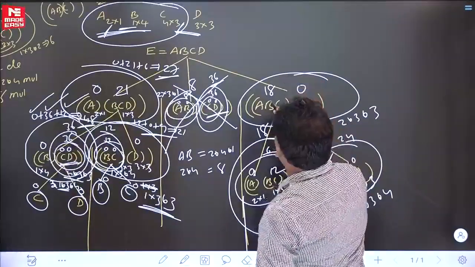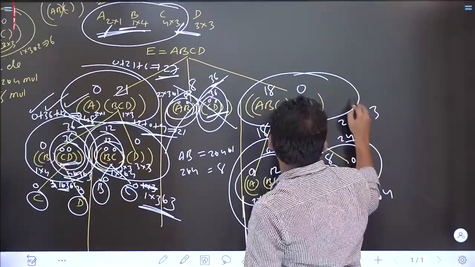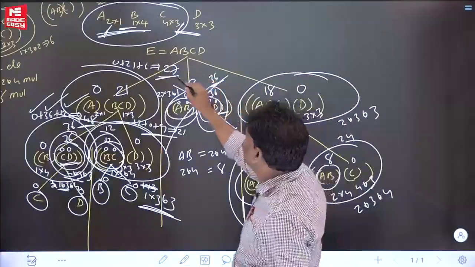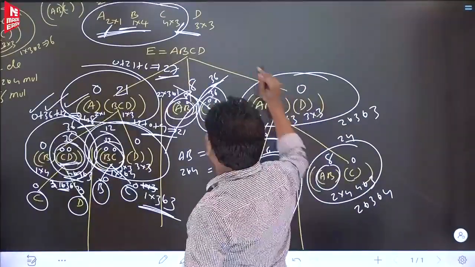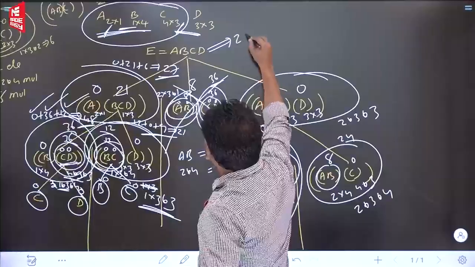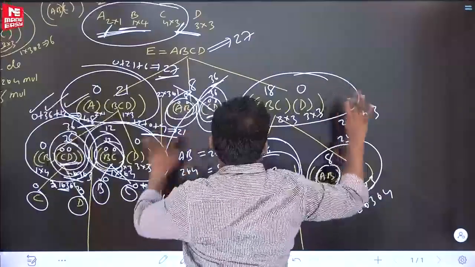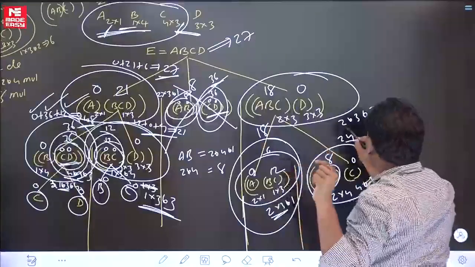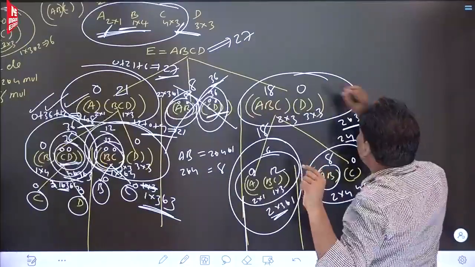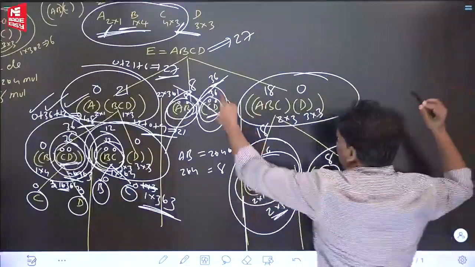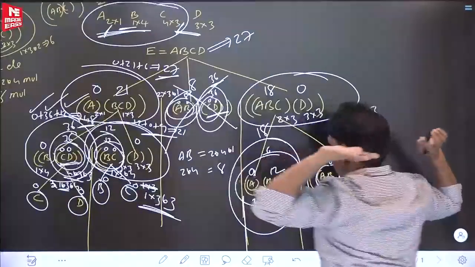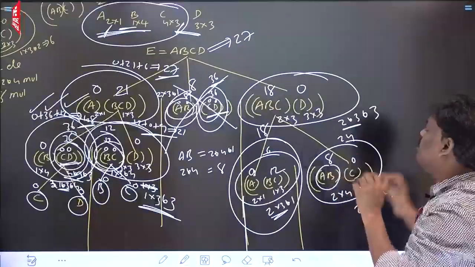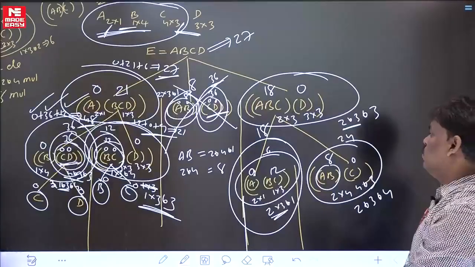But one thing is, already 18 is there. 18 plus 18, what is the answer? 36. But this is only 27. Right? Here itself you can stop. Final answer is 27. When you know something is coming more than 27, stop. Left is 18, but when you combine it, 2 into 3, 6, 6 into 3 is 18. 18 plus 18, 36. But 27 is already better there. Take 27 everywhere. So try to minimize. If possible, minimize it. Do you believe or not?